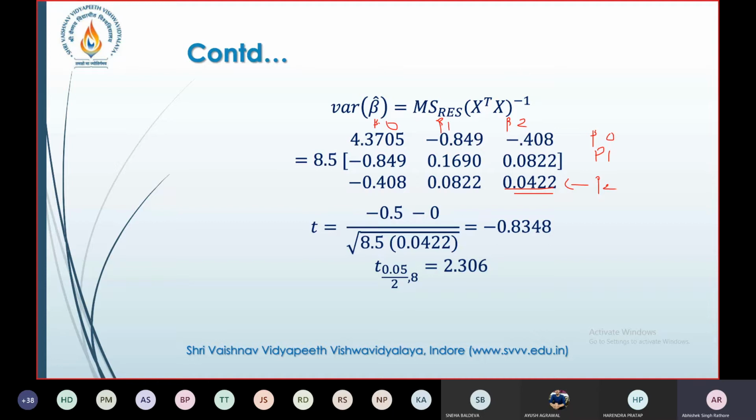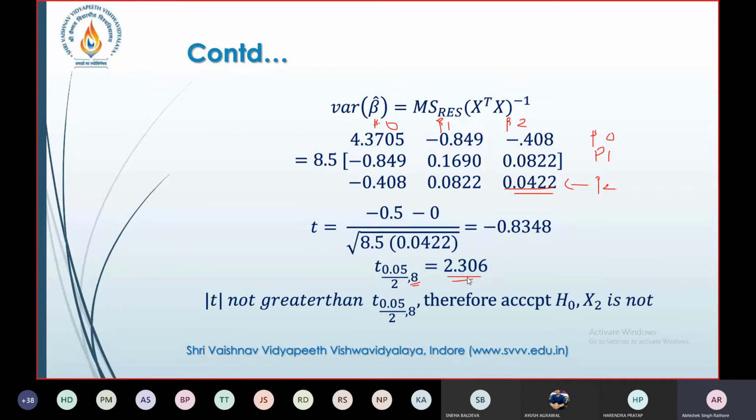So this is my confidence interval which we studied in Excel. So this is t 0.05 by 2 comma 8. So this is just the degree of freedom available here. So why are we calculating the degrees of freedom? Because we have to check the tabulated values from the t table. So this is equal to 2.3. So the modulus of t, that is we are not considering the sign over here, is just 0.83.